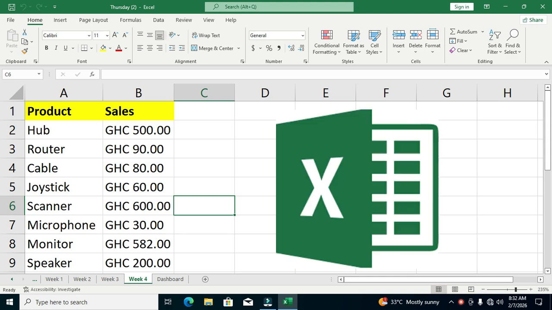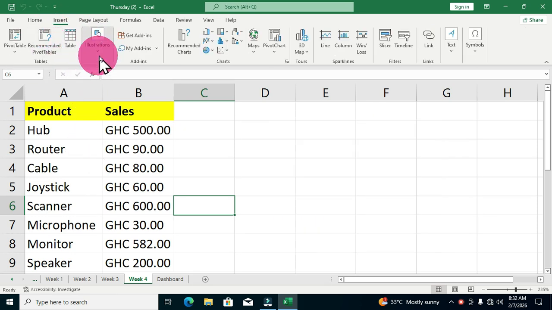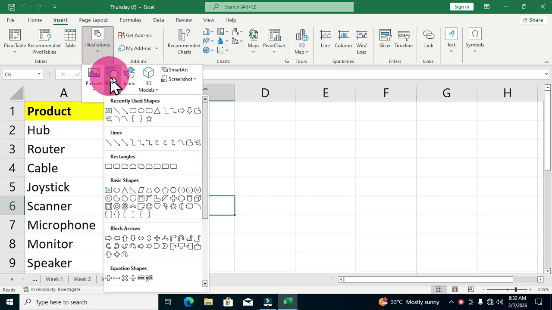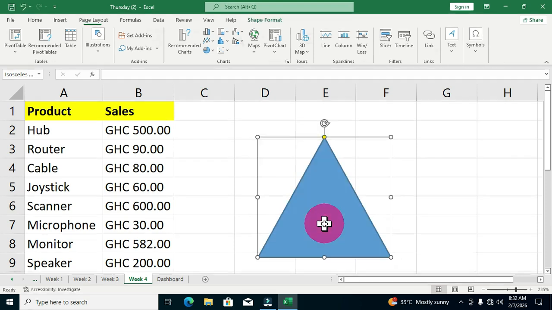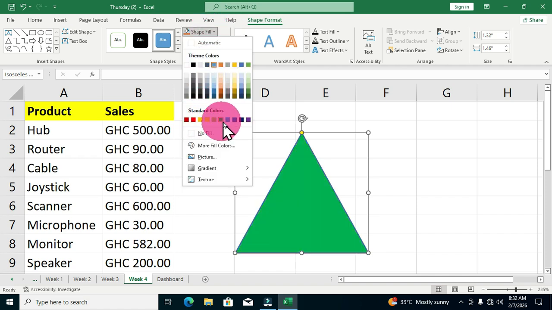Do you know in Microsoft Excel it is very easy to insert shapes, pictures and other objects into your current worksheet? To do this, move to the menu bar and click on the Insert tab. Under the Insert tab we move to the Illustrations group, click, and then we can choose Shapes and choose the kind of shape we want to draw, and then we can draw this particular shape into our worksheet for a particular purpose. You can even go to the extent of changing the color of the shape based on your preference,